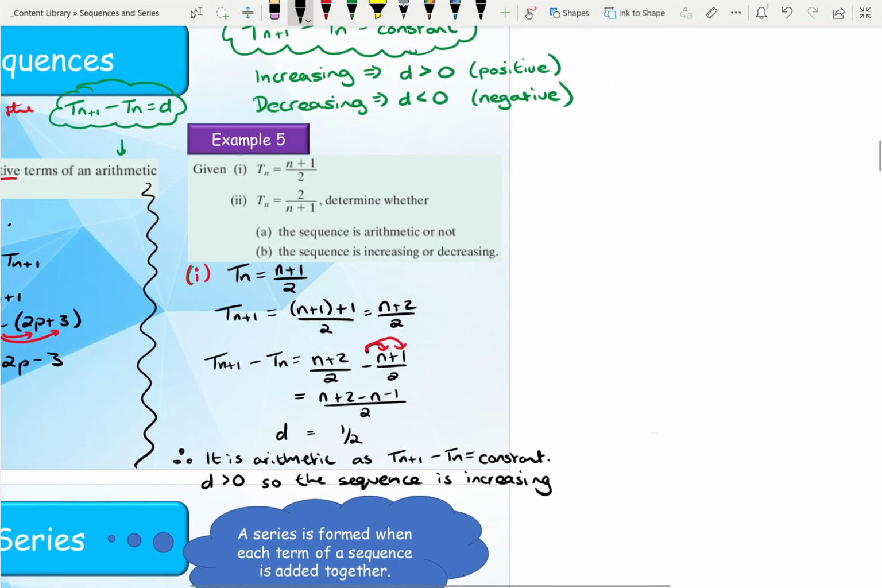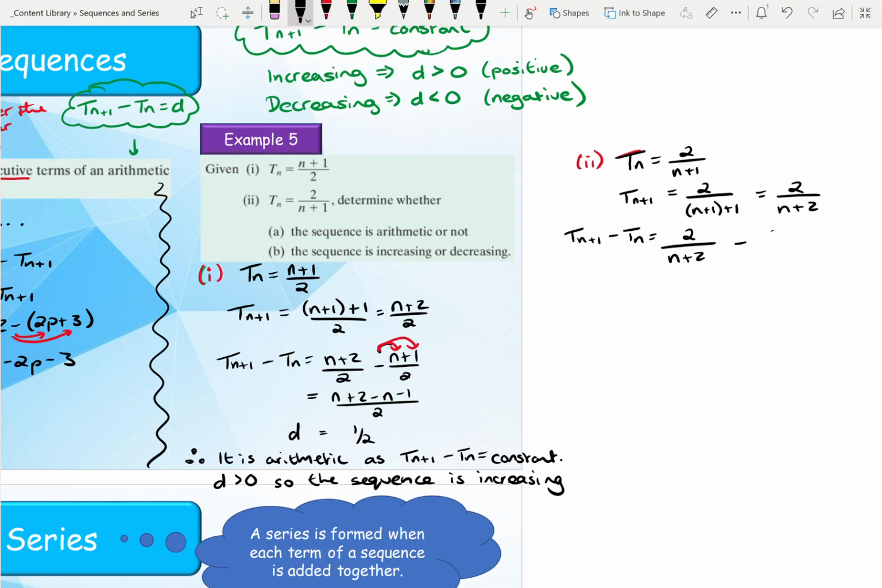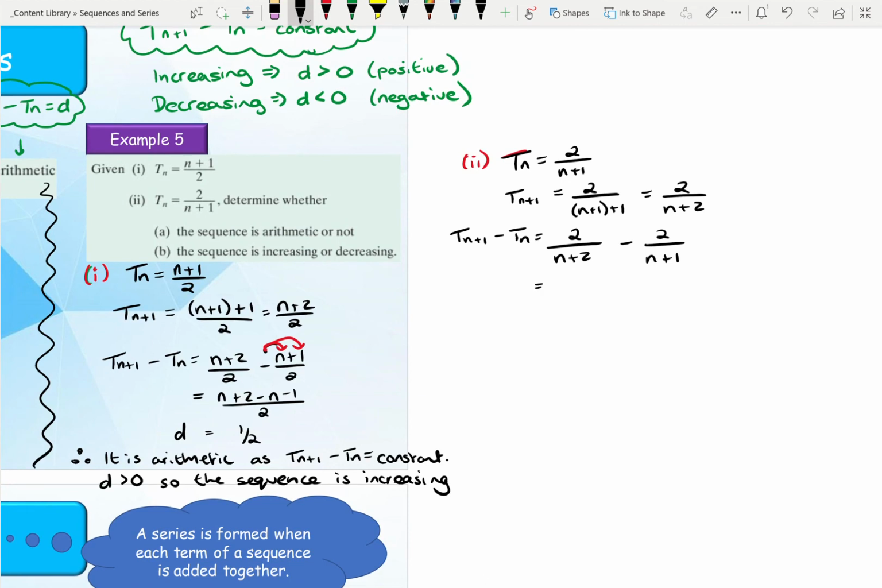So to finish up here, we're going to look at the second sequence that it's given me, which is tn is equal to 2 over n plus 1. So again, the same steps. tn plus 1 would be 2 over n plus 1 plus 1, which gives me 2 over n plus 2. But now, to take these away, we need to be careful, because that will leave me with 2 over n plus 2 minus 2 over n plus 1,